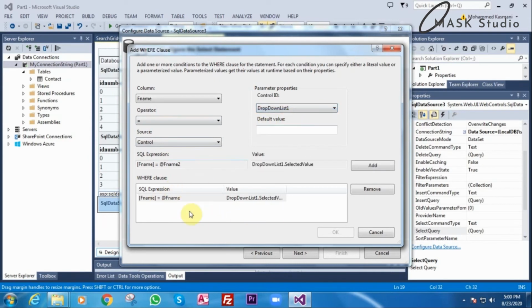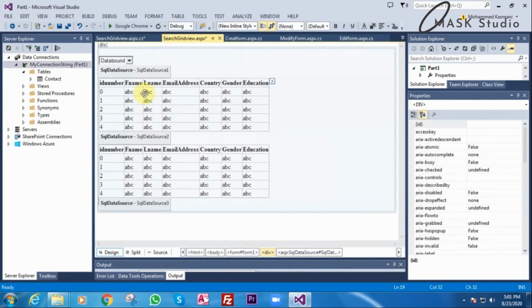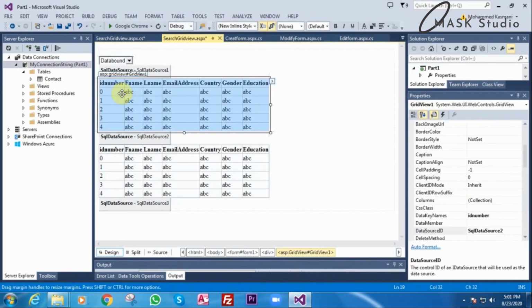So in the grid view there is a criteria that only to view the data if F name is equal to F name. Where this F name it is in the drop down list one which the user will select. Okay, I'll cancel. And this is the full list. There is no criteria in this. So when I click this, this should be not visible and this will be visible.